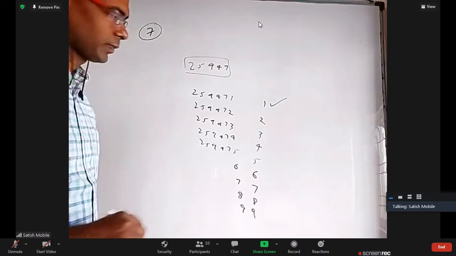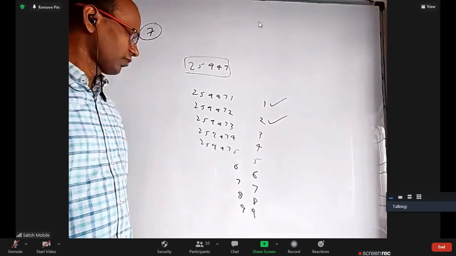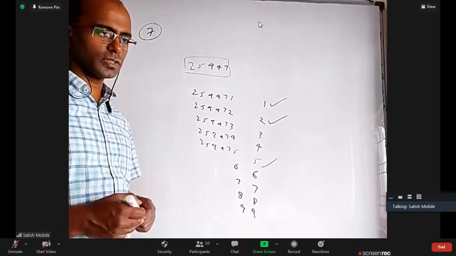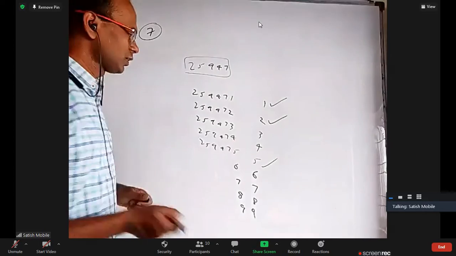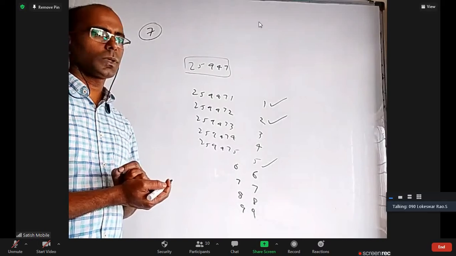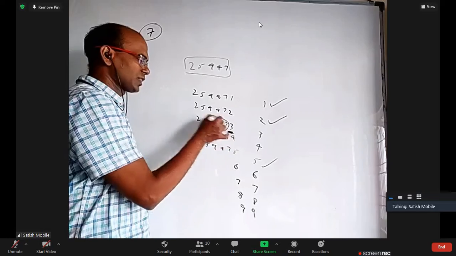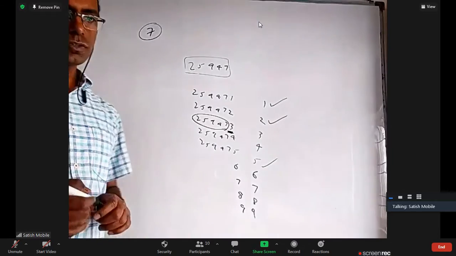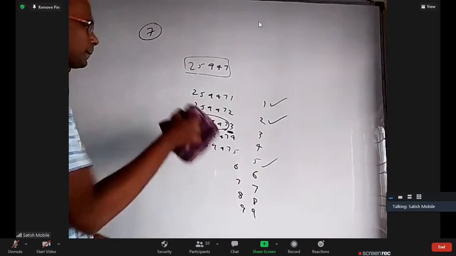One thing is for sure: for 1, we don't have to check. For every number, it is correct. 2 also, we don't have to check. 5 also, we don't have to check, because that is irrespective. For 3 also, we can have an idea. What is the test of divisibility for 3? The sum of all digits should be divisible by 3. So already this is a multiple of 3. That means if the original number is divisible by 3, the new number also will be divisible by 3. But for 4, 6, 7, 8, we have to think a little bit. All right.